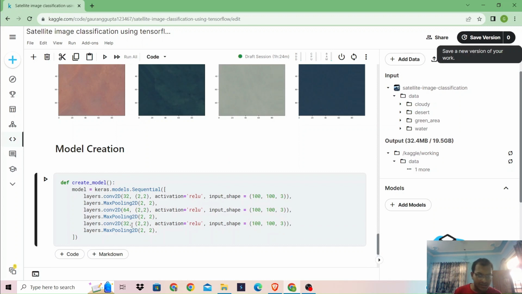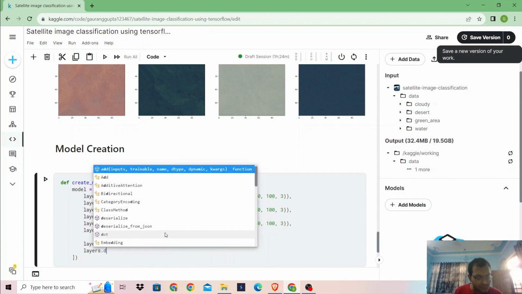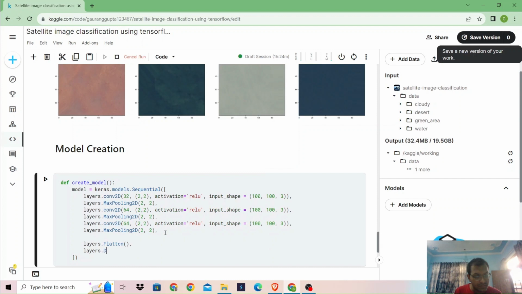Again you can change these numbers however you like, and I will encourage you to experiment with these numbers. Then we will use layers dot flatten, layers dot dropout,